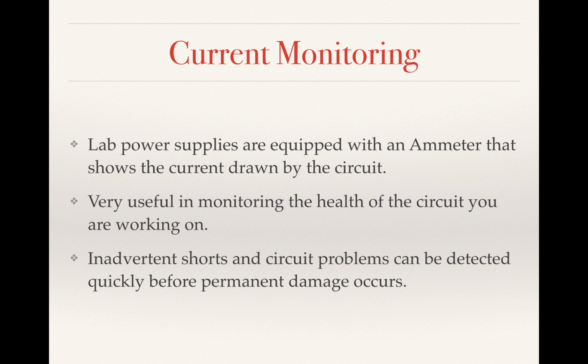Second is current monitoring. Current monitoring is very important, especially when working on experimental circuits, because obviously you are in the experimental stage. You don't know exactly how the circuit is going to work. You may have to tune it up in a couple of places. You may have to make changes on your circuit. So basically, on experimental work, you need to monitor your circuit closely. What that means is the current consumption of your circuit is very important information,